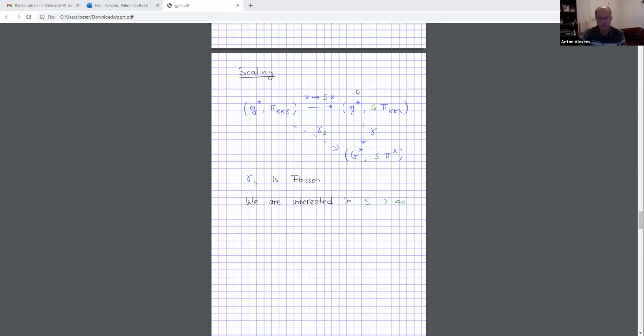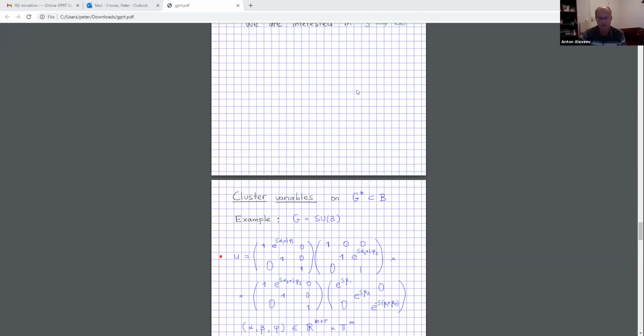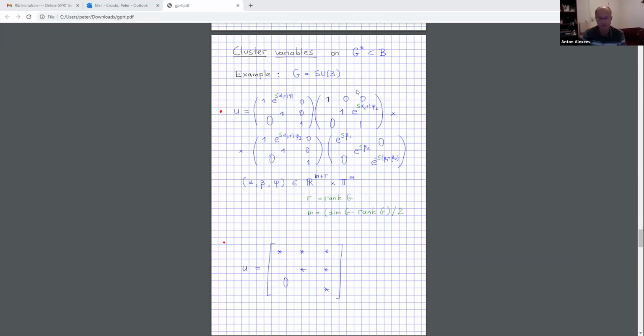Right. So let's go to the next slide and introduce one more observation. You see, if we simply multiply by s and send s to infinity, the end is going to explode. So it's no good. So we need to do something with coordinates. We need to cleverly choose coordinates. Here, the theory of cluster algebras